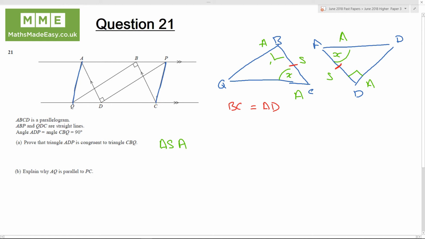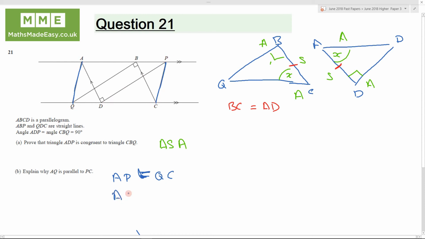Now, AQ and PC must be parallel because AP and QC must be the same. They must be equal because these triangles are congruent, which means that length is the same and that length is the same. This means that